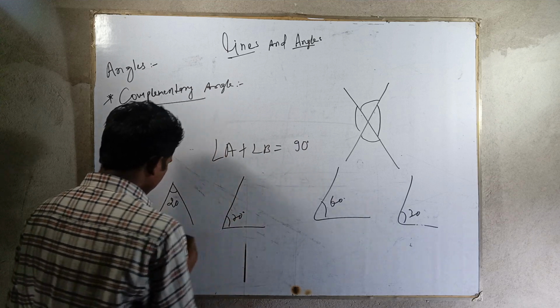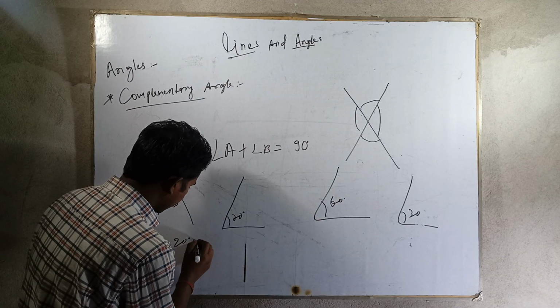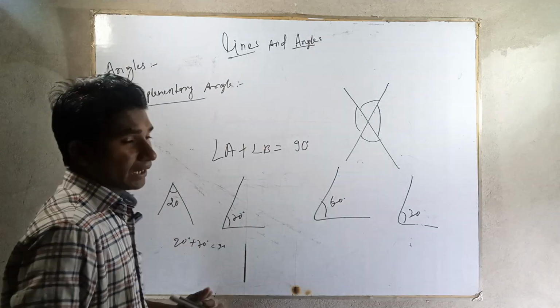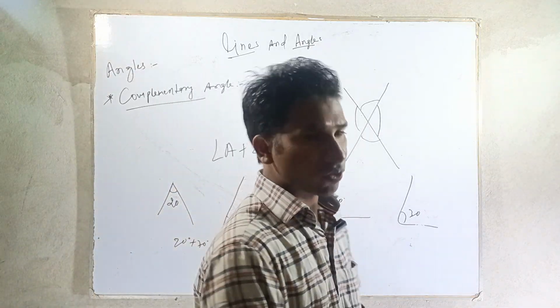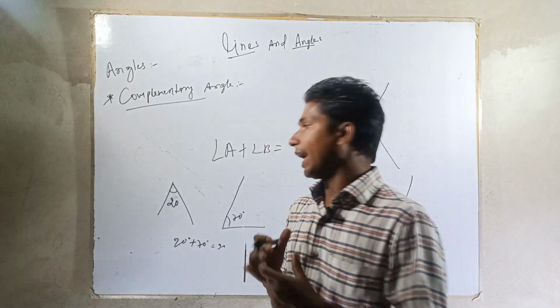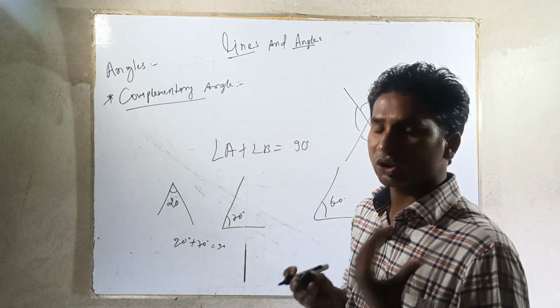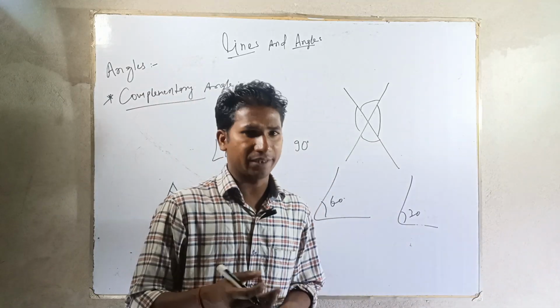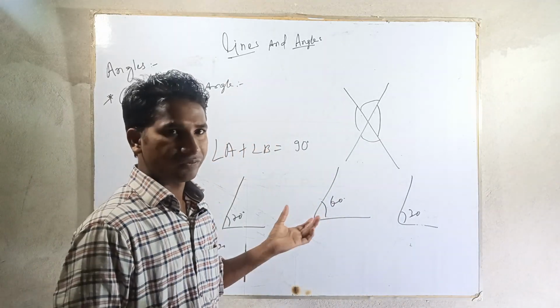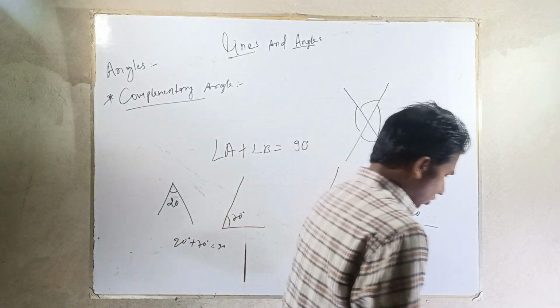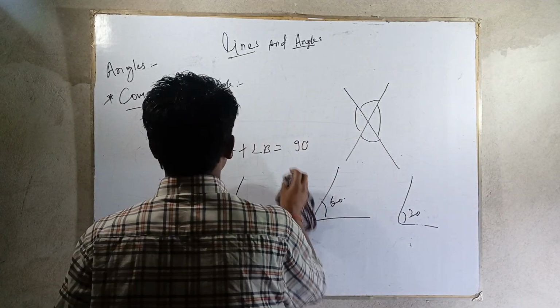It will also be complementary angles. I will also discuss many different types of angles, and I hope you are understanding. If you have any question or doubt, you can raise your hand, because I will explain each and everything very clearly. Okay, so next is